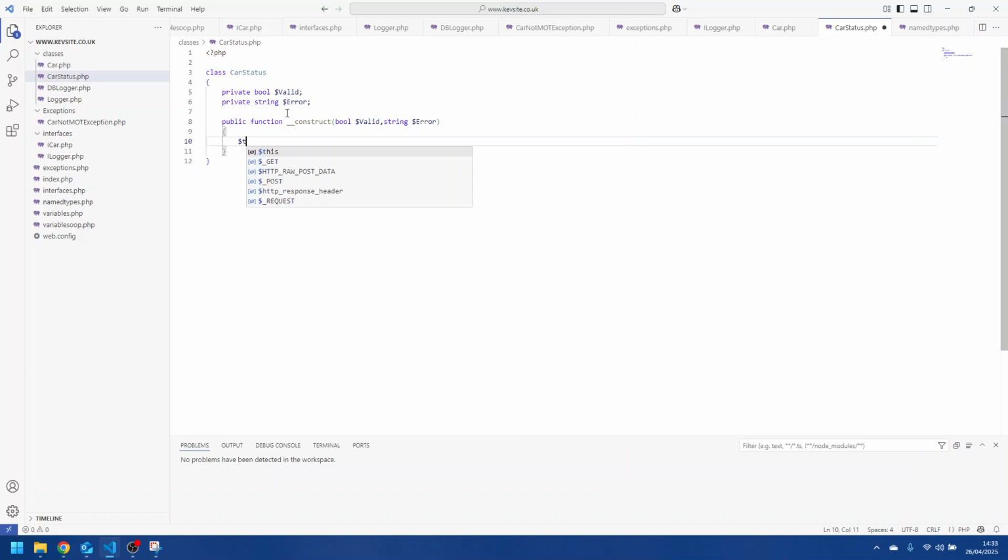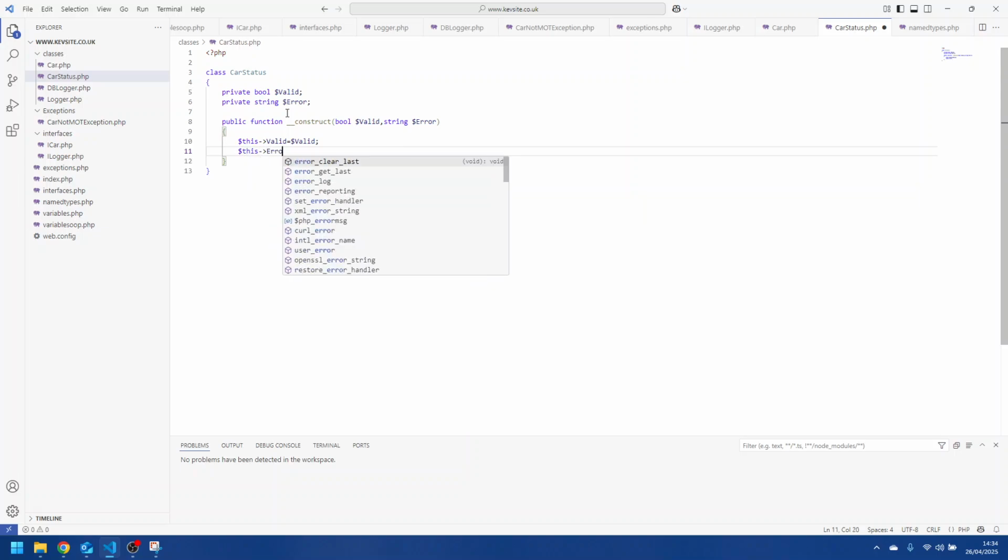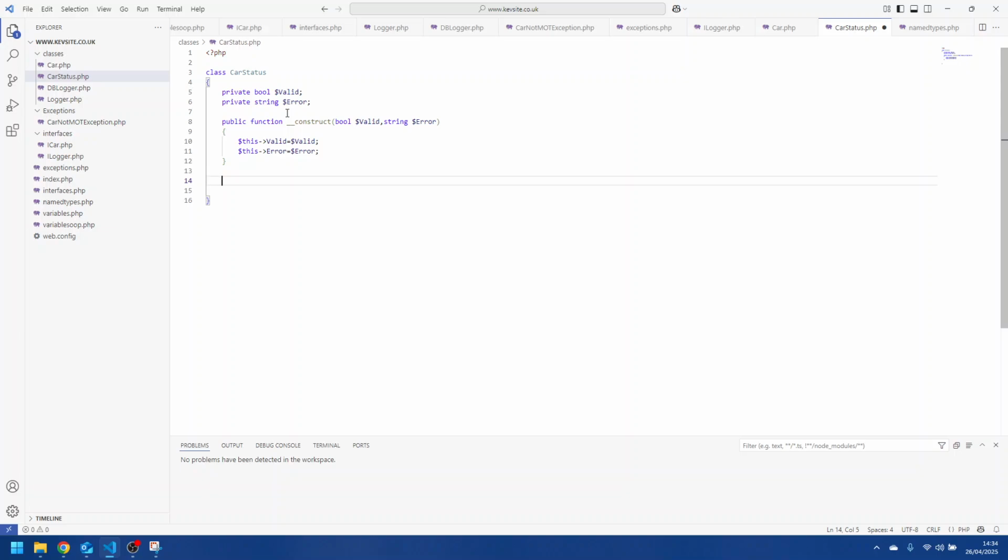I'm going to say $this->valid = $valid, and I'm going to say $this->error = $error, and we're just going to have something like